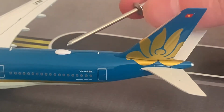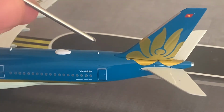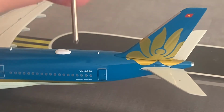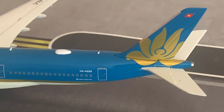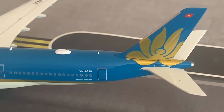Here is the SATCOM or the Wi-Fi dome that is used to provide the IFE, in-flight entertainment, on board the aircraft. And here is the third antenna on top of the fuselage. Here we have the registration of the aircraft, Victor November-Alpha 898, and below the cabin windows there we can see the white typeface of the Airbus A350-900 titles. And to the left of that we have the L4 door, which I believe is more predominantly used for catering